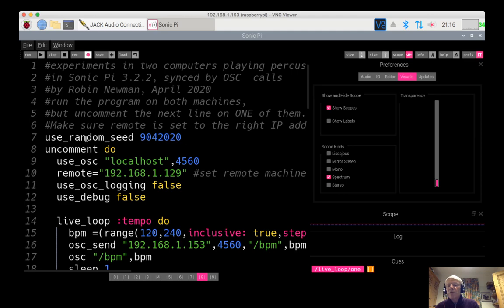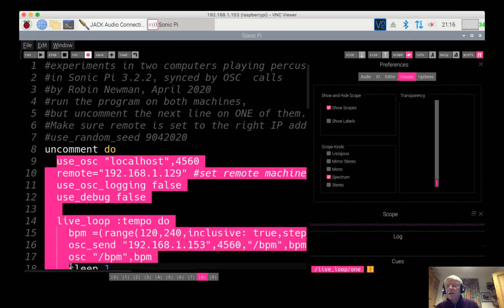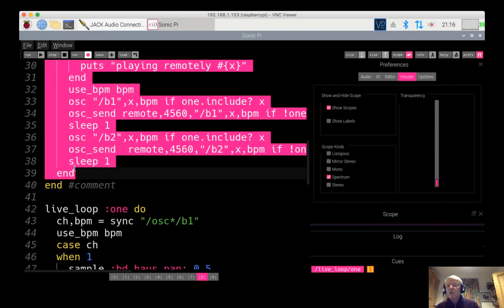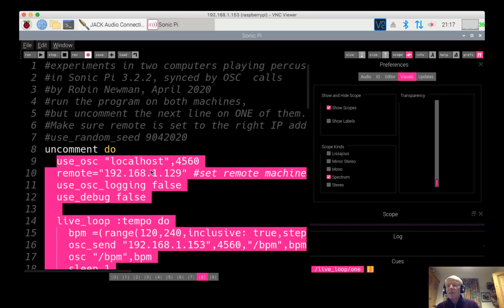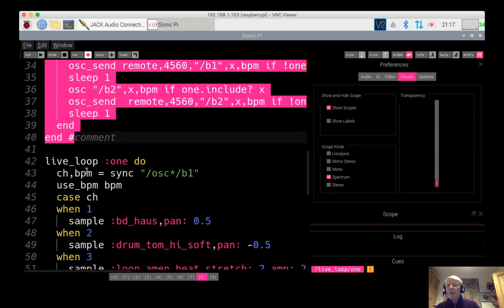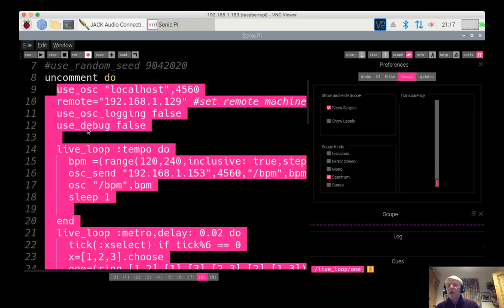We can forget possibly initially about the use random seed command. That was just there to add a bit of variety, which we'll see later on. And we use one other feature in Sonic Pi, and that is that if you have a section of a program here which you might not want to use, you can actually put it inside a statement that says either comment do and ends there when it gets to the corresponding end, and that's effectively the same as commenting out